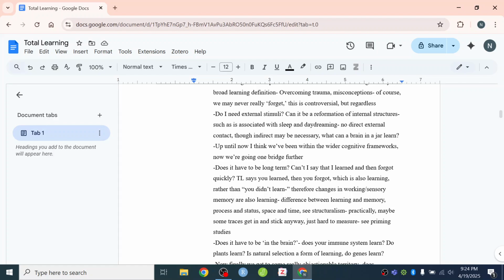Do plants learn? There are a lot of interesting studies where, if insects start to eat the leaves of plants in one area, they'll release chemical signals which tell other plants in the area to start to make certain changes in their chemical balances, and if this process repeats, they'll grow in different ways. Maybe plants learn as well. We don't necessarily have to talk about neurological changes.